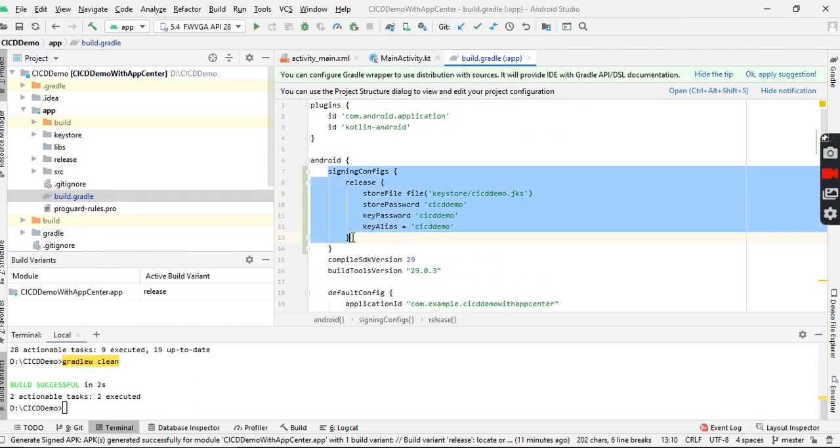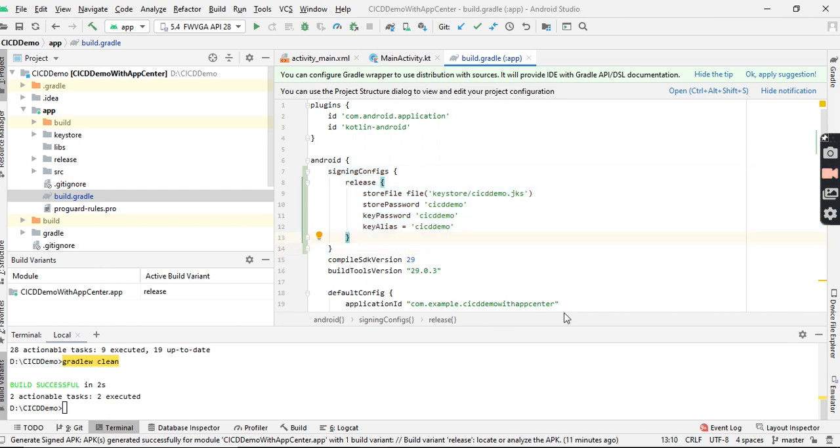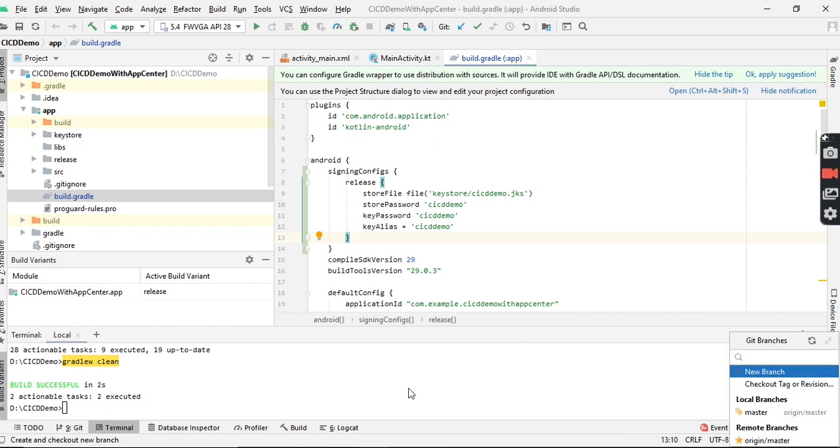In build.gradle, I set up some keystore configuration, store password and key alias. App Center will ask for this signing config information. So this is the first step, to set up the Android project with the Bitbucket repository configured. My configuration is on the master branch.